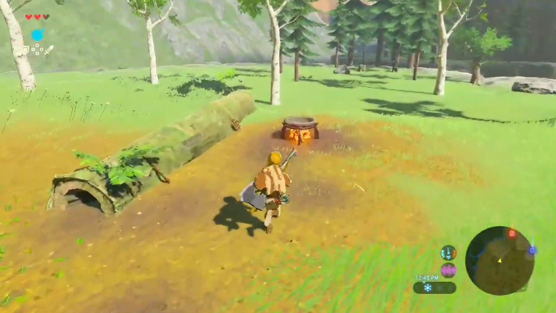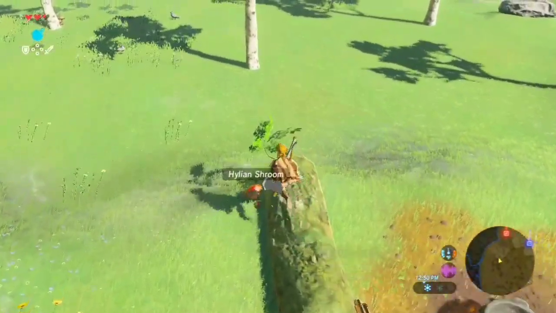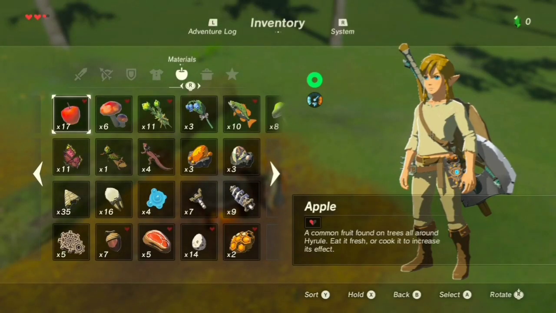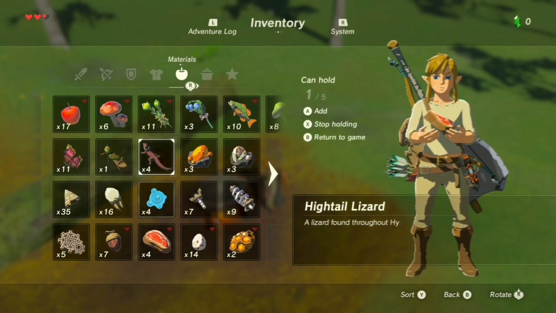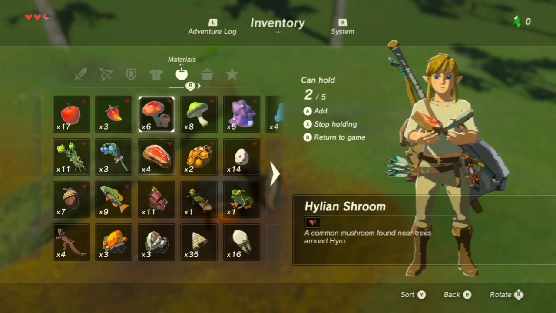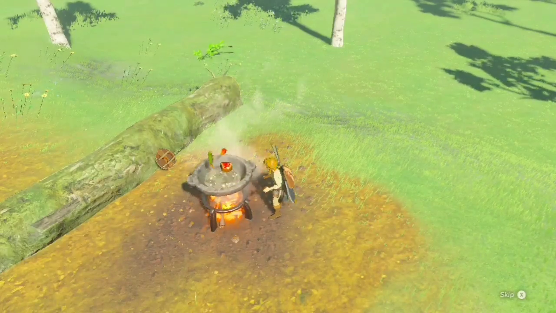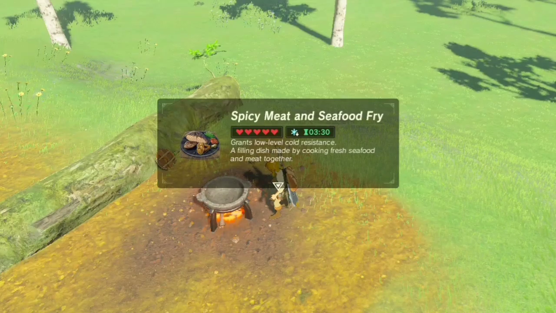Now, he did say it contained meat and a spicy pepper. Well, it's a spicy meat and seafood fry. Well, what could be the seafood part? You remember how we've been picking up the Hyrule bass. That is the seafood part. I don't know how he forgot that Hyrule bass, which is all around the Great Plateau, is the missing piece